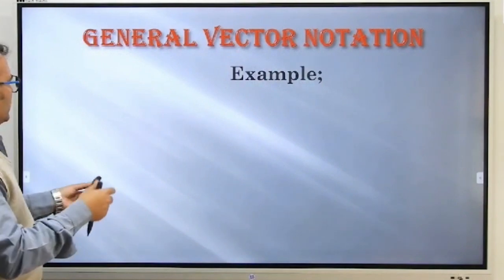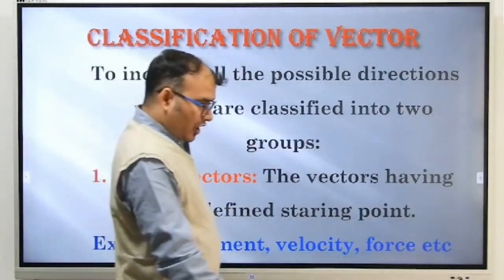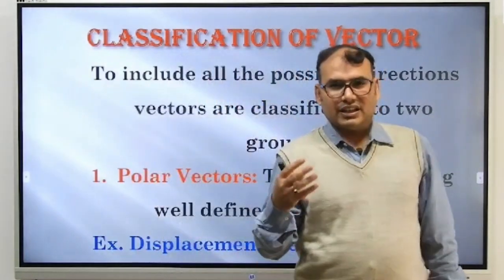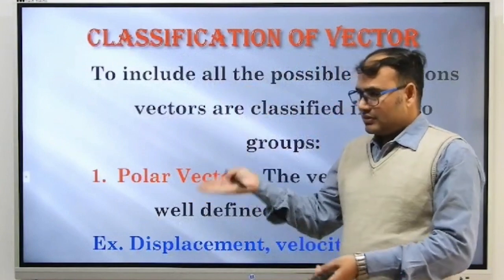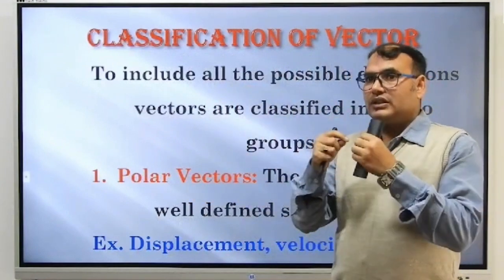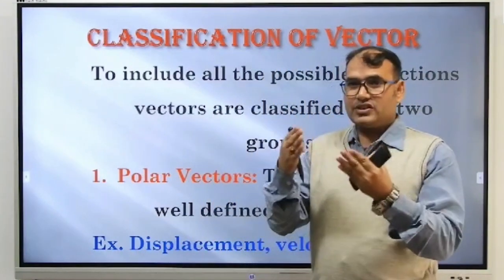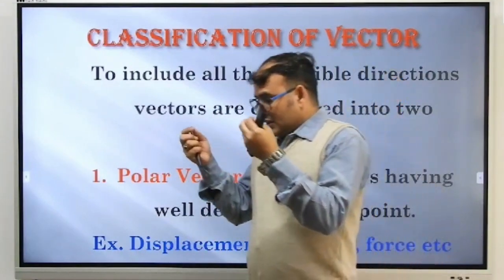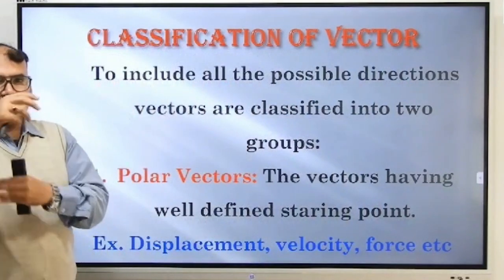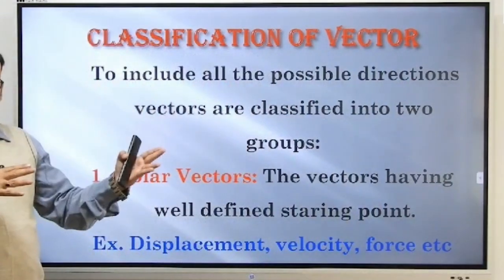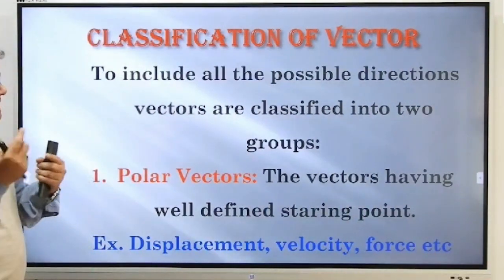Now I have given you many examples of that. Now the classification of vector quantities: how many classes of vectors are there? How can we classify vectors into different parts or groups? The basis of classification of vectors is the direction of the vectors. If we want to represent any vector in a specific direction, then on the basis of this direction, it is classified into